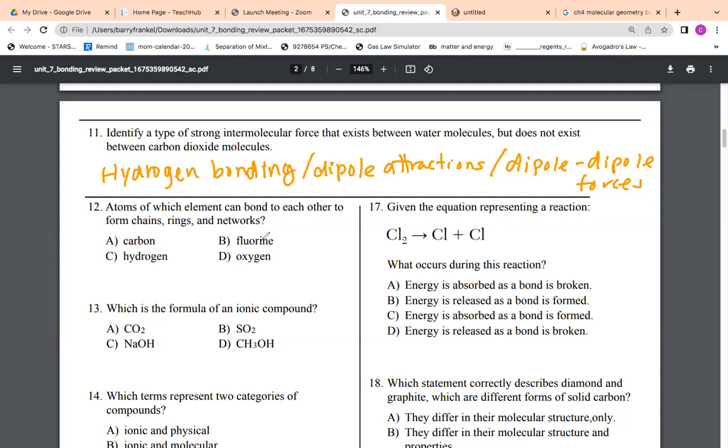Now, this one you can sort of answer at this point, but we would get more into this in Unit 8, where we talk about organic chemistry, which is all based on carbon, the compounds that make up carbon, bleh. All the compounds in an organic compound,